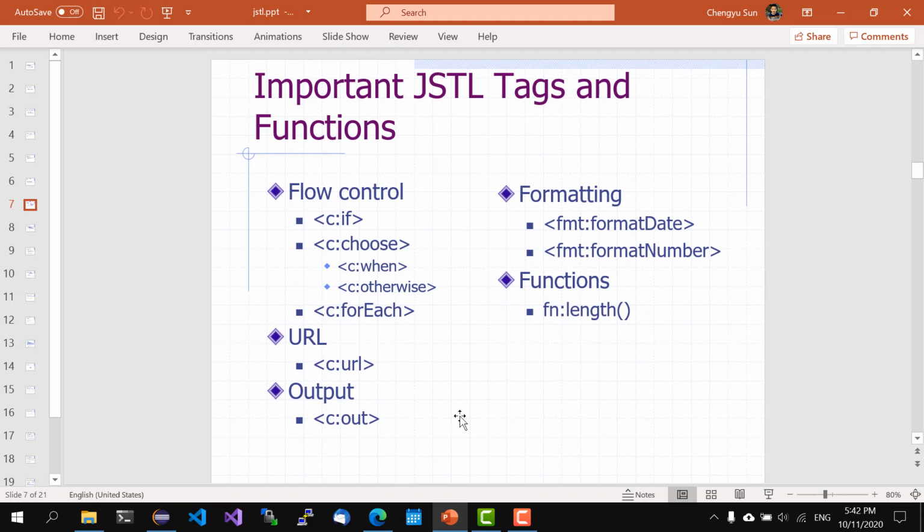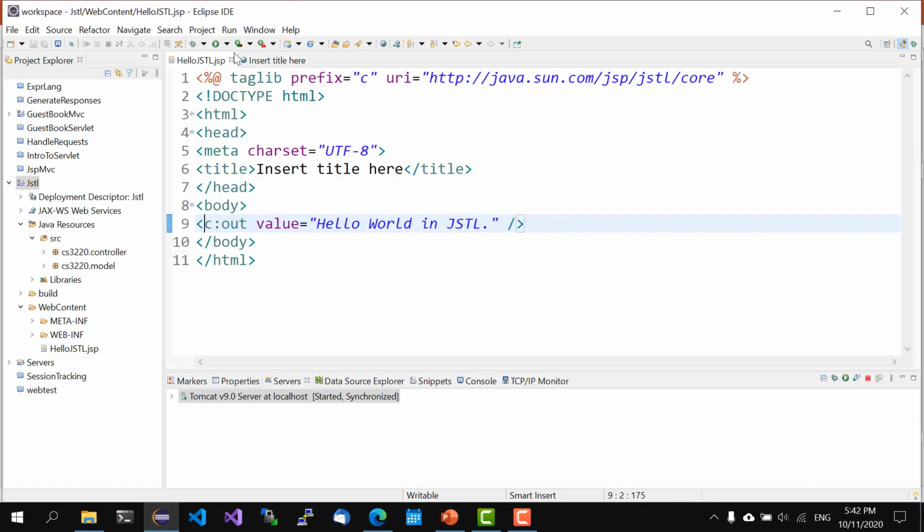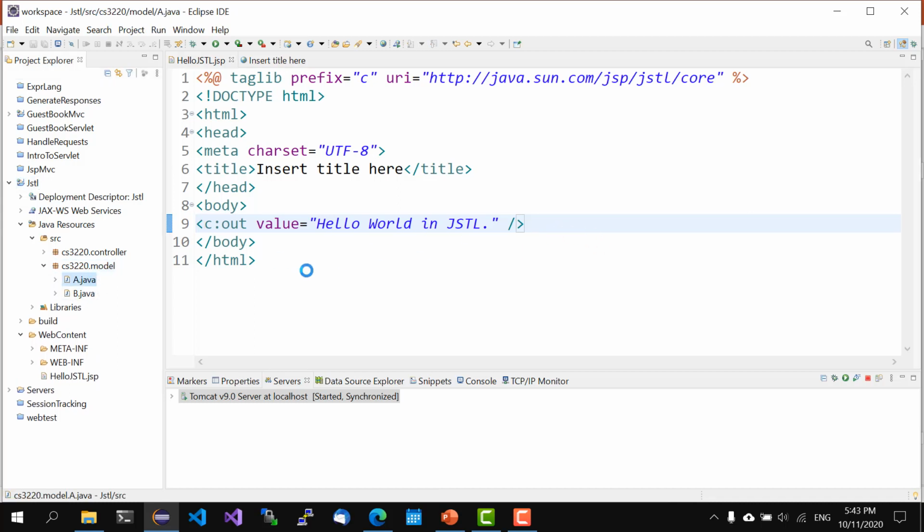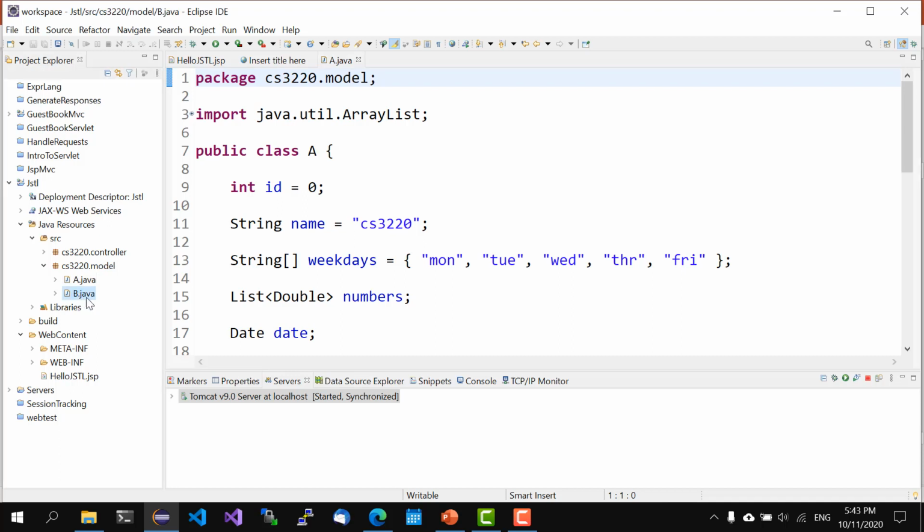Here is a list of important JSTL tags and functions. You must know how to use these tags and functions. We'll go over them one by one. We'll use this example from the last video. So in the last video, if you remember, we had an example called property test,